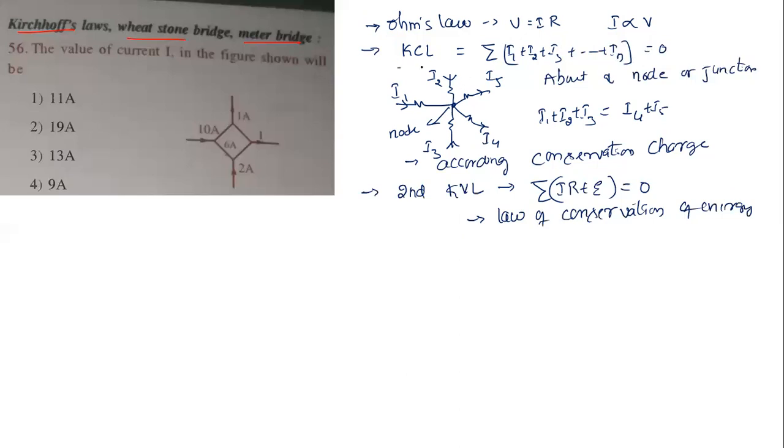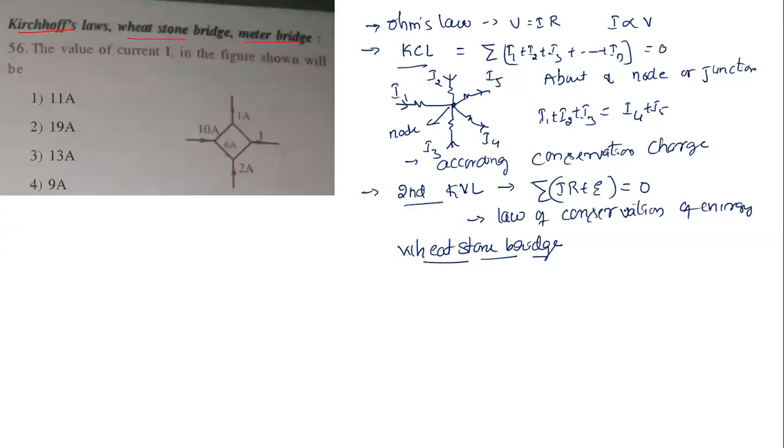So using Kirchhoff's first law and second law, we are going to design a circuit. That circuit is what we call the Wheatstone bridge. Basically, the Wheatstone bridge works on the principle of Kirchhoff laws. Here we have taken a diamond shape with four resistors. The main purpose of this Wheatstone bridge is to determine the value of an unknown resistor using two standard resistors, one known and one variable.